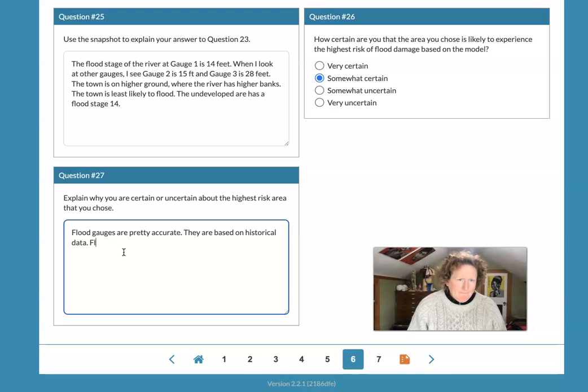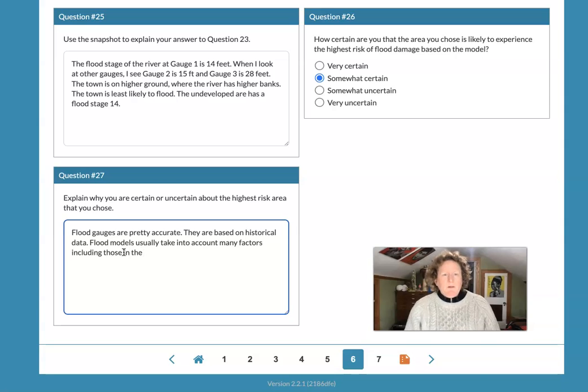Flood models usually take into account many factors, including those in the flood diamond. Remember, precipitation, permeability, topography, and water table. And others, including